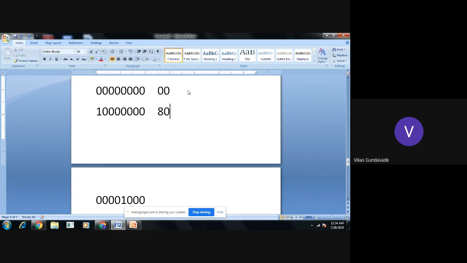Am I right? Now if we change the PSW, again the bit status will be 08. Then bank 1 will get selected, and after selection of bank 1, we will use R0 to R7 registers from bank 1.